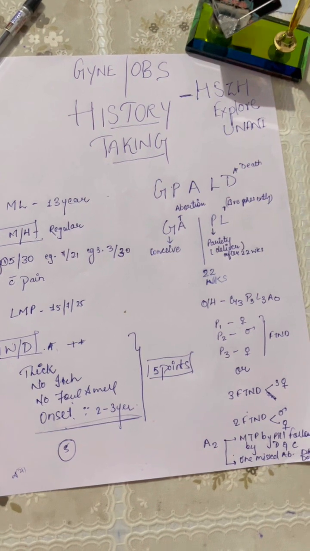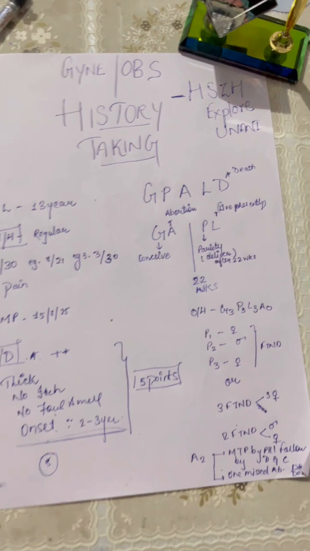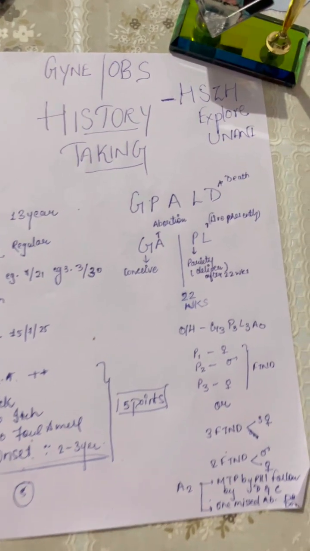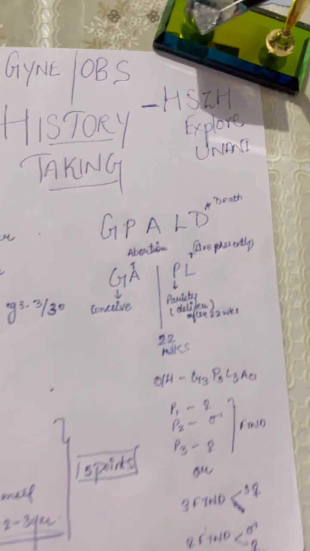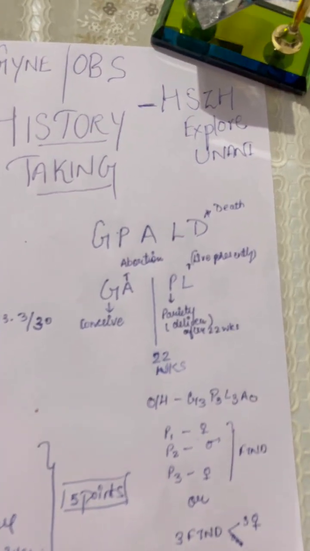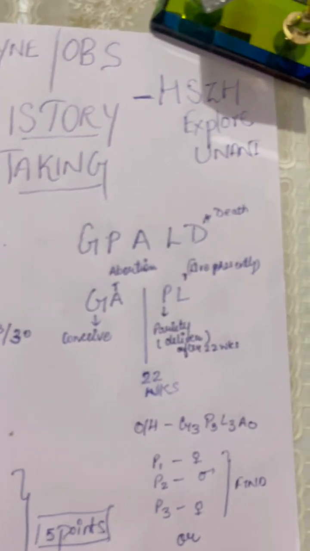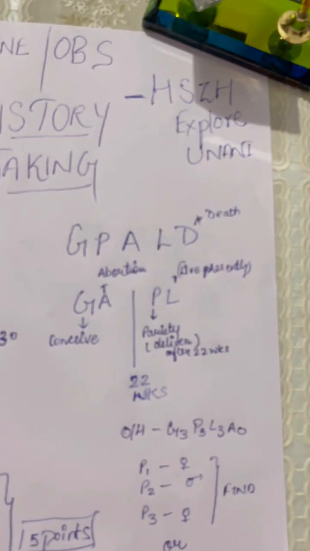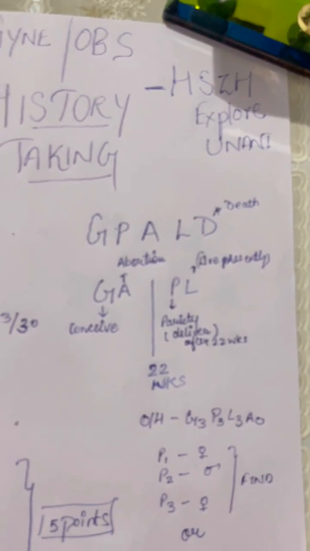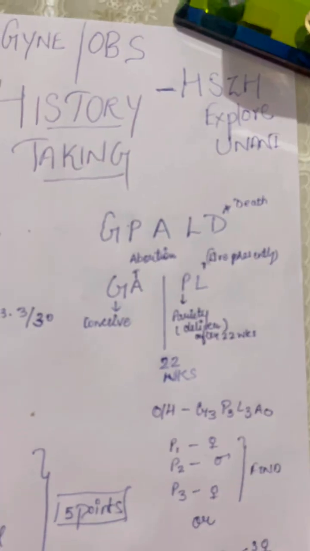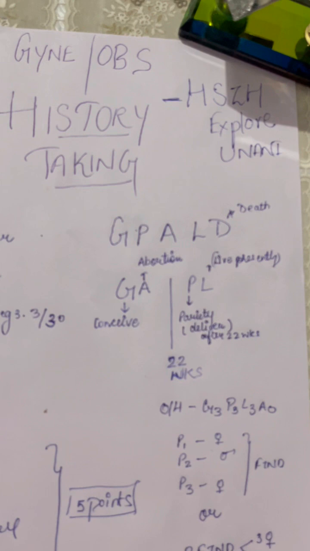Now coming to the abortion history, we have to write down whether it was spontaneous or induced, and why, and whether it was by MTP, a miscarriage, or by pills she has taken. After abortion we should also always ask whether D and C was done or not. So this question should be there, and whether some infection or fever came after it.